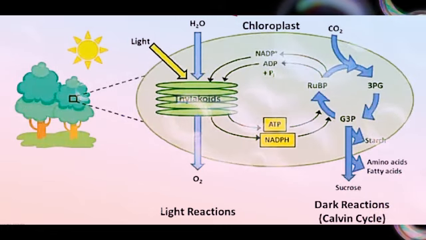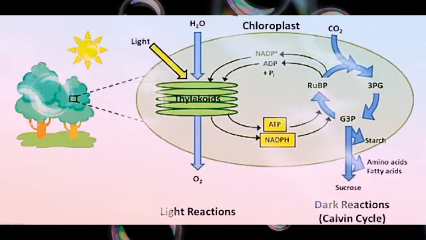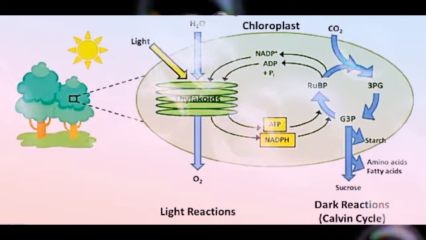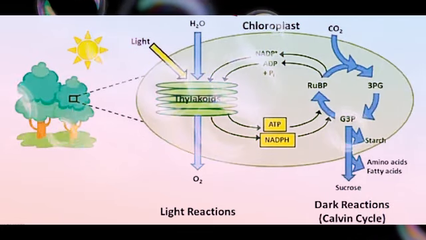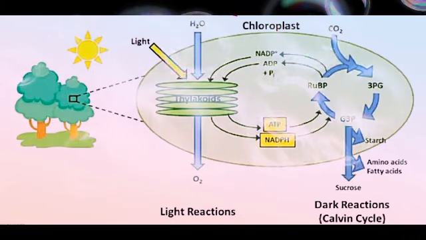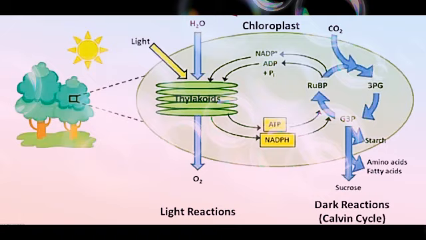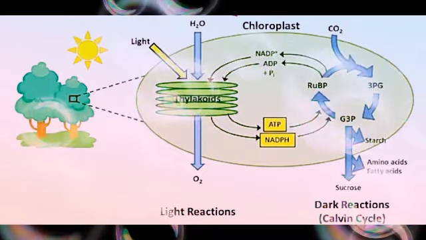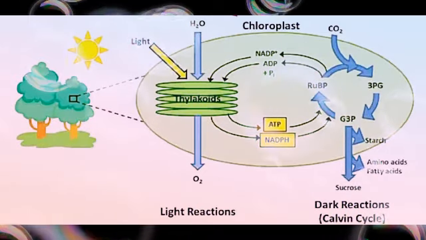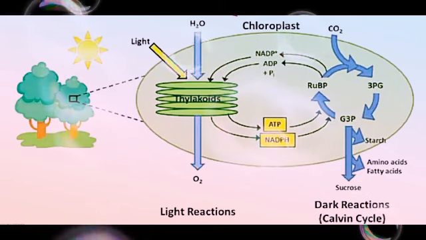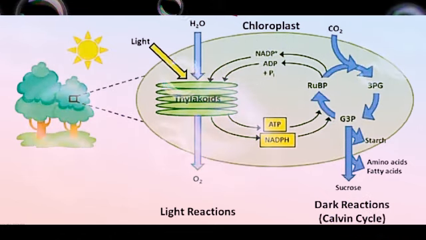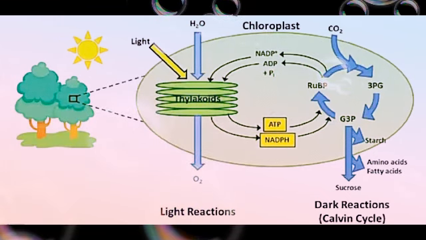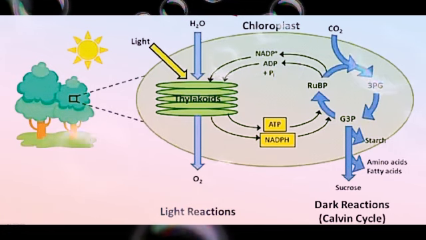They are helping in absorbing the light energy, and among the end products of photolysis, the hydrogen ions are picked up by a compound NADP, nicotinamide adenine dinucleotide phosphate, to form NADPH. As the water molecules are giving out the 4 hydrogens, they are attached by the NADP along with the electrons, and the enzyme is also helping in forming NADPH.